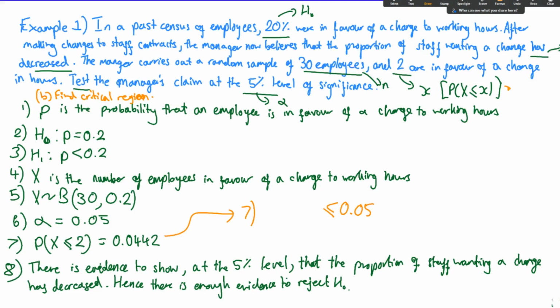So, okay, let's work through it then. We know that the probability of x less than or equal to 2 is less than or equal to 0.05. Let's try the probability of x less than or equal to 3, because this will have a higher probability than 2. So if you put that into your calculator, you will get